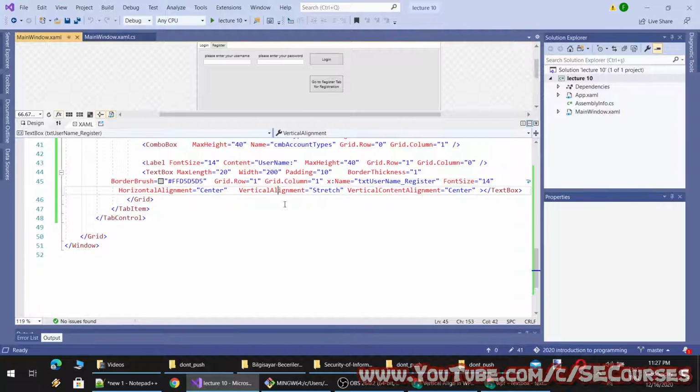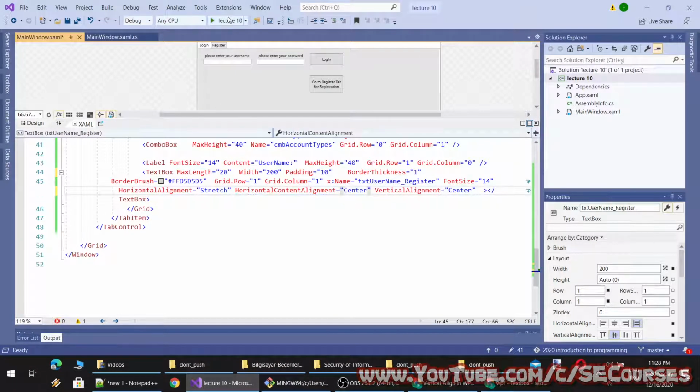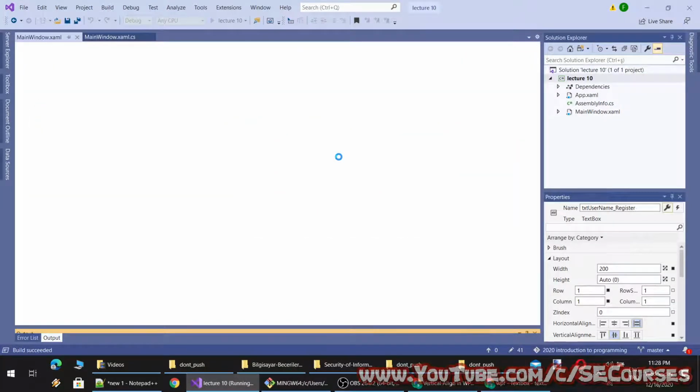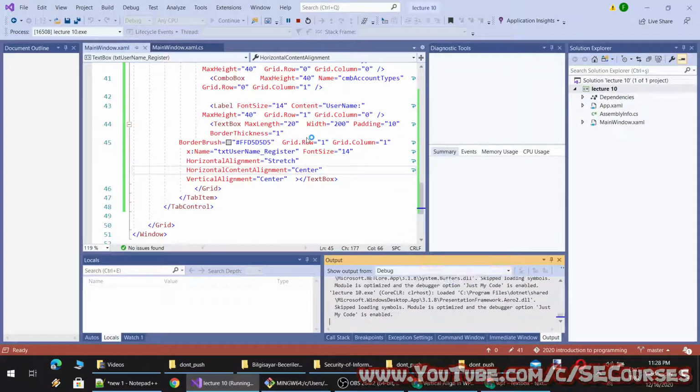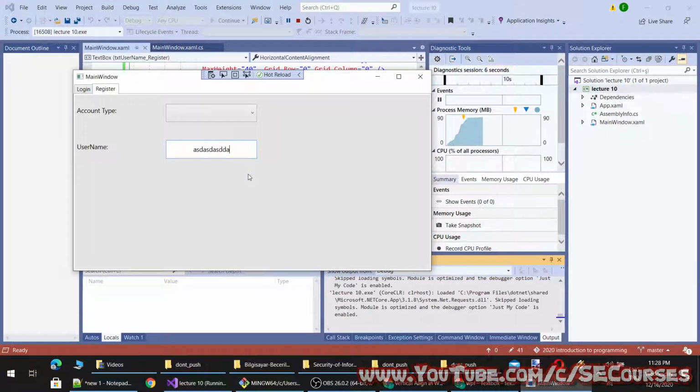Okay, finally we have found it. Both vertically and horizontally center aligned.